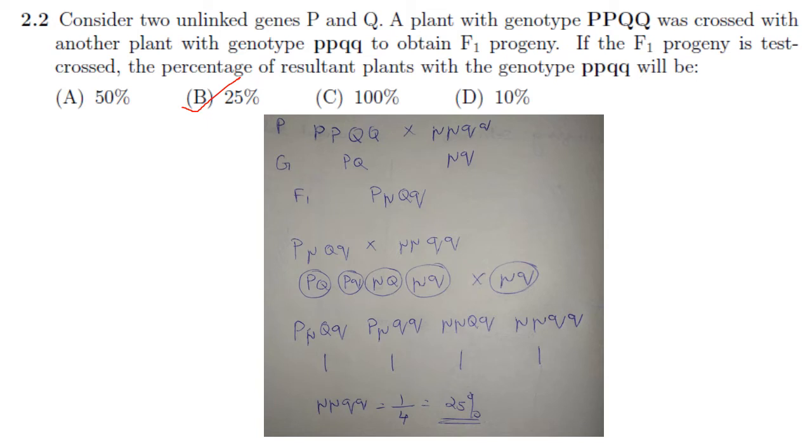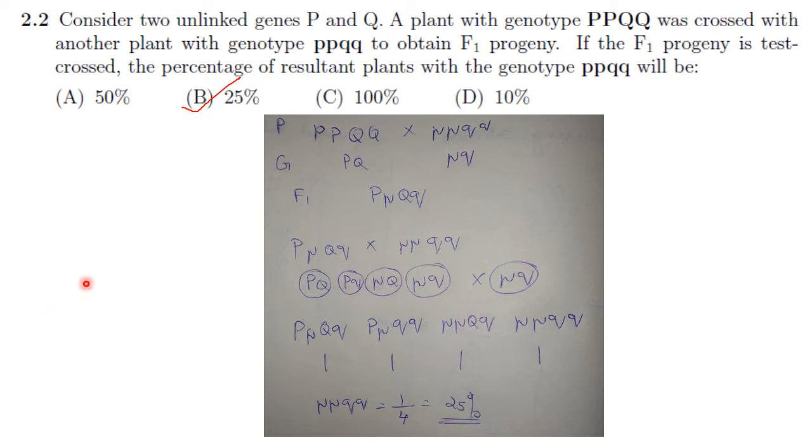Consider two unlinked genes P and Q. A plant with genotype PPQQ was crossed with another plant with genotype ppqq to obtain F1 progeny. If the F1 progeny is test crossed, the percentage of resultant plants with the genotype PPQQ will be. So answer is 25%, because after the test cross you will get the ratio 1:1:1:1. So out of the 4, since this is a dihybrid cross, out of the 4 progeny you will get 1